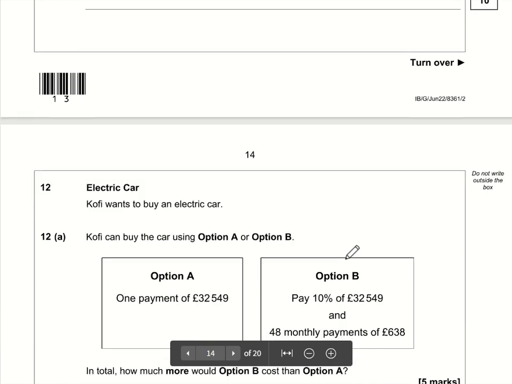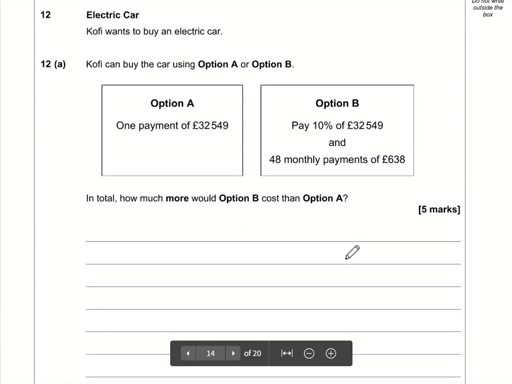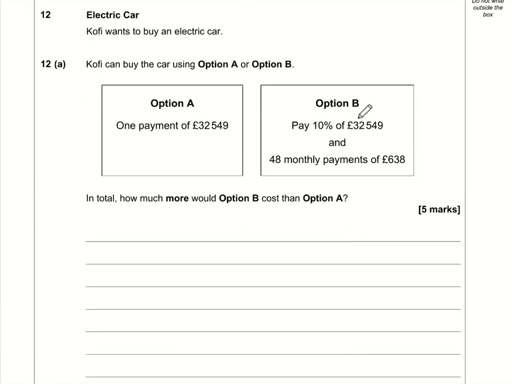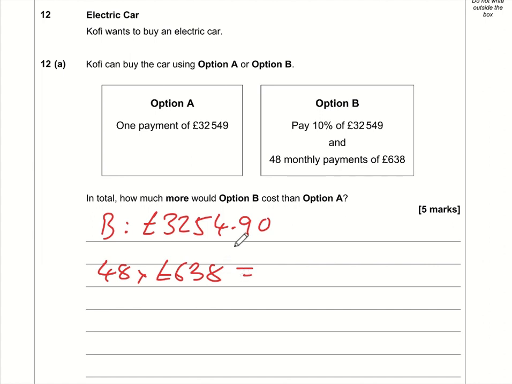Okay, moving on to question number 12. Okay, so what we need to do is option B. Option B is, first of all, we're paying 10%, which is this figure divided by 10. So you can use your calculator if you want to, but hopefully you don't need to. It's just 3254.9, or £3,254.90. On top of that, we are paying 48 lots of 638, and 48 times 638 is